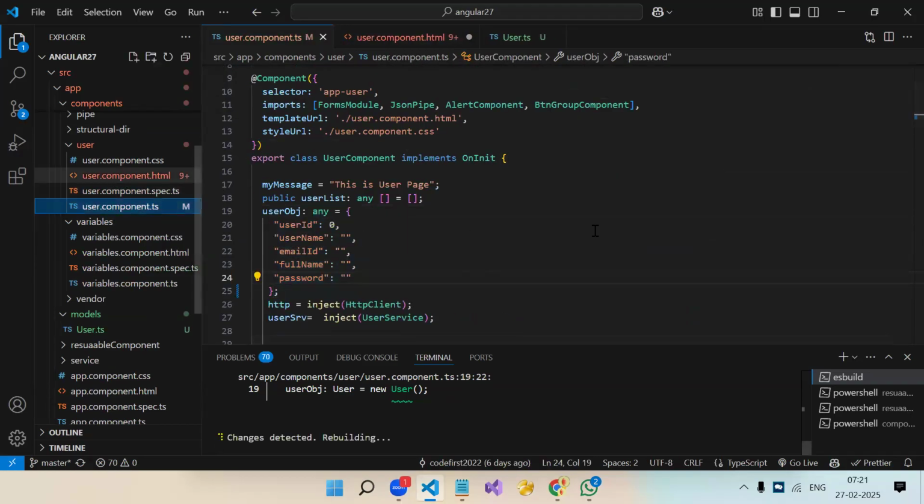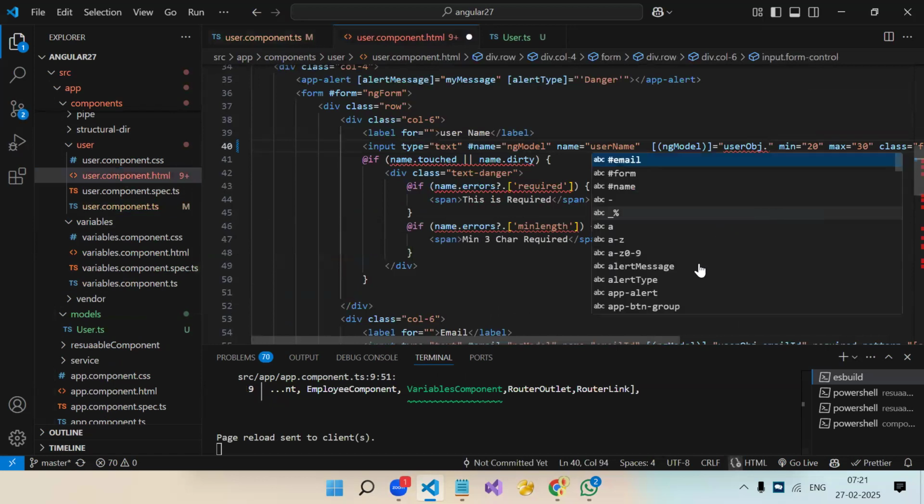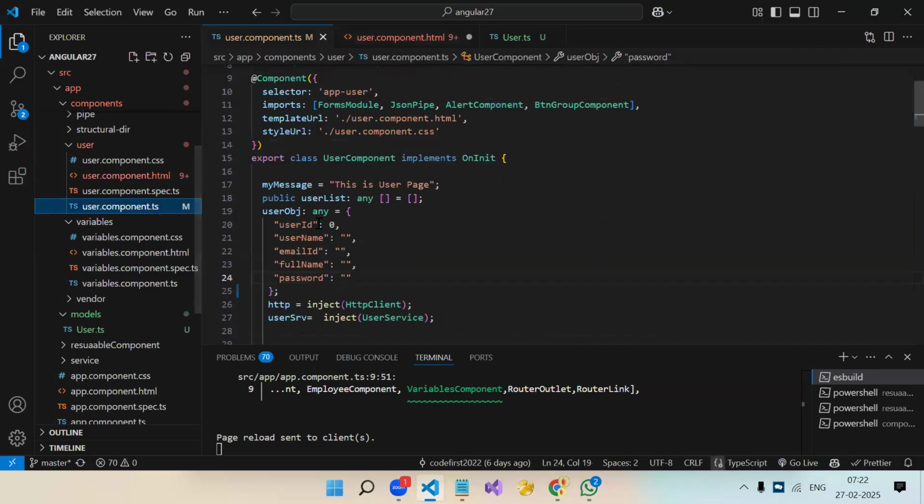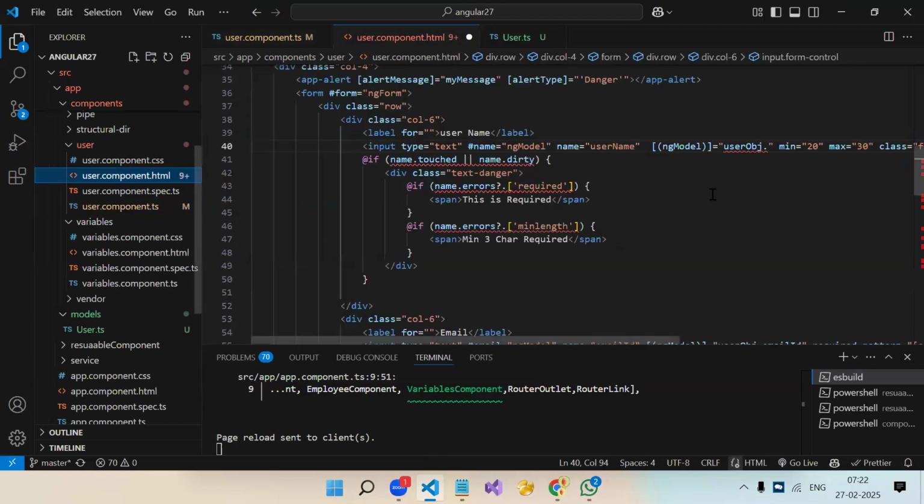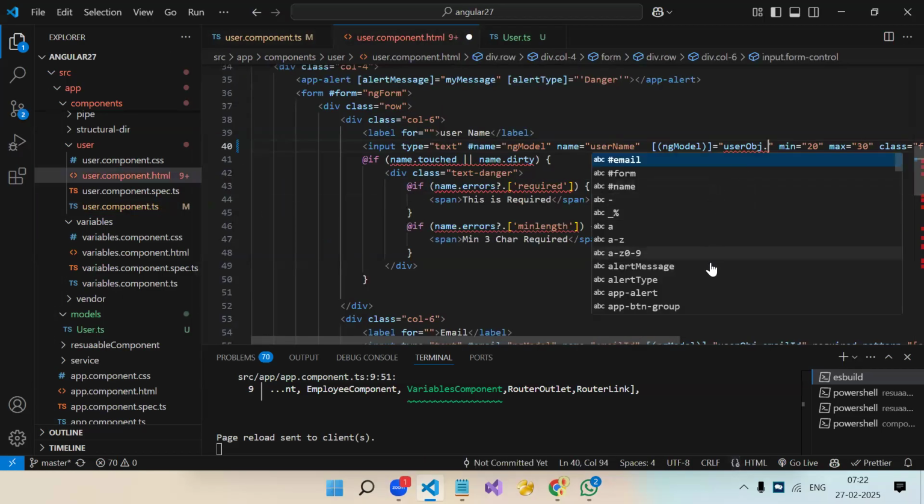Now, if you see, we don't get property IntelliSense. It's not suggesting what properties we have, because we said any over here. So when we say any, this variable can have anything, right? So you don't get the fields that are in the object in IntelliSense.